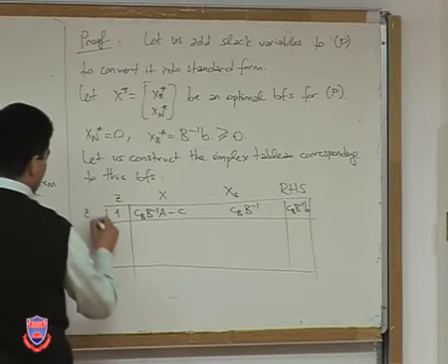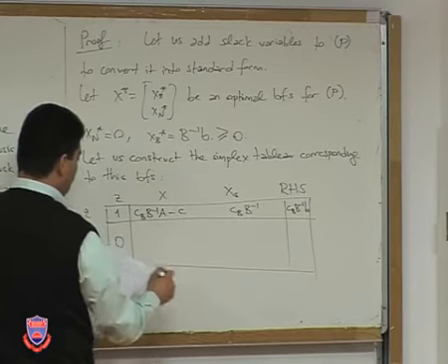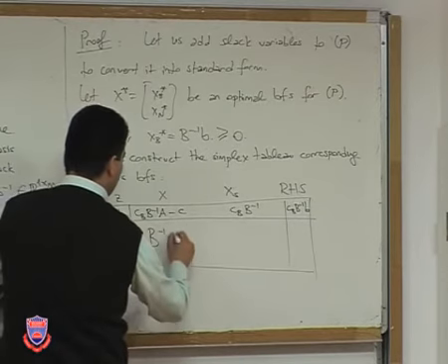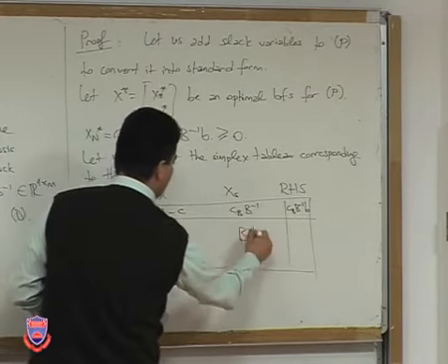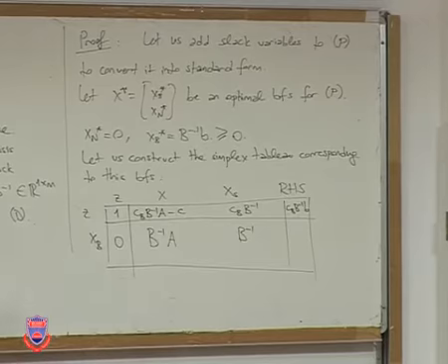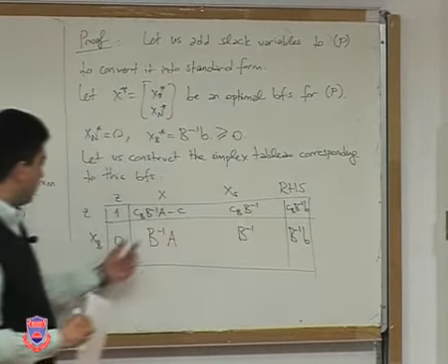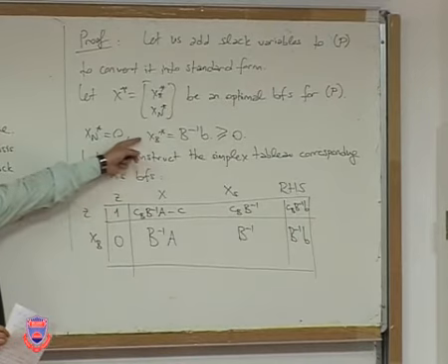Then I have my basic variables, which I'm going to call xp. I have zeros here. Over here I have B inverse times A. Here I have B inverse, because remember, under the slack variables we had just the identity matrix. If we multiply from the left, we just get B inverse. And the right-hand side becomes B inverse times b, which is precisely the values of my variables, exactly the same as the current solution, basically, okay?